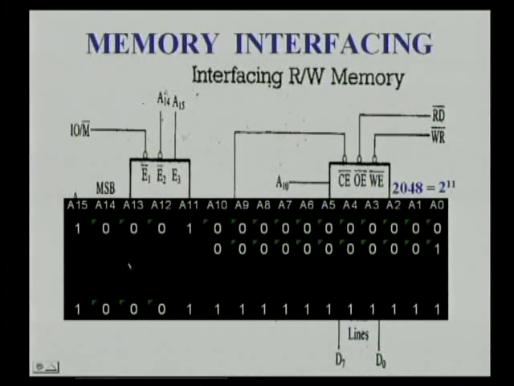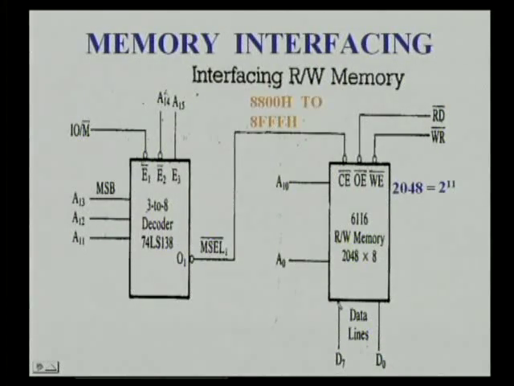So the memory map will be like this: A15 is high, A14 is 0 to enable the chip, 001 for enabling the output of the decoder, and the remaining address lines, A10 to A0, vary from all zeros to all ones. So this results in the address 8800H to